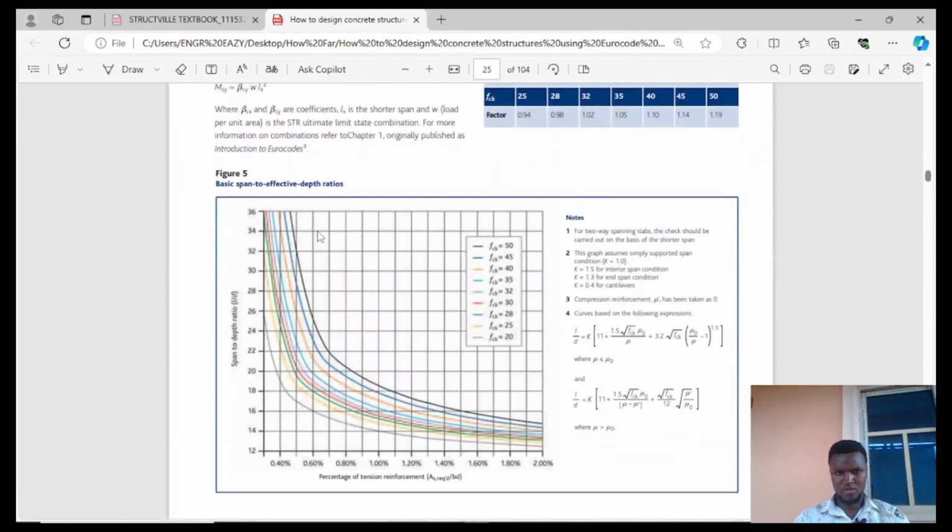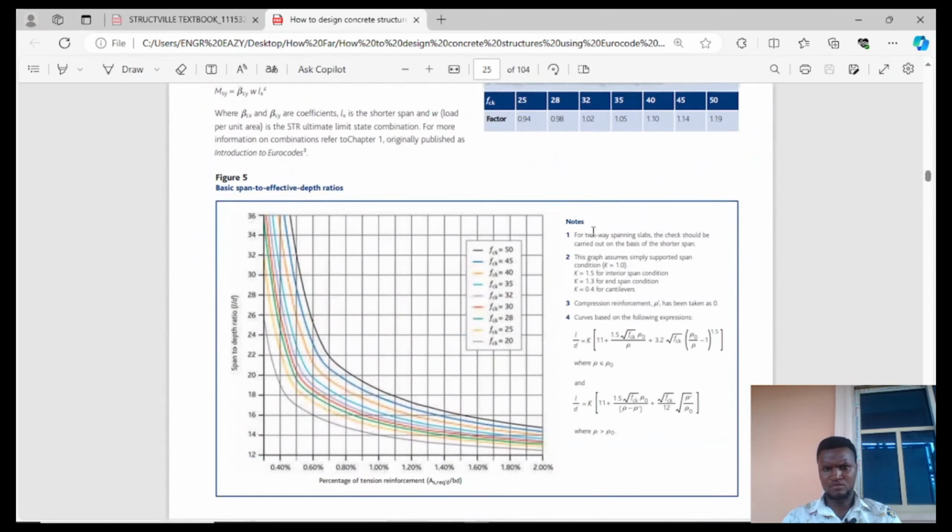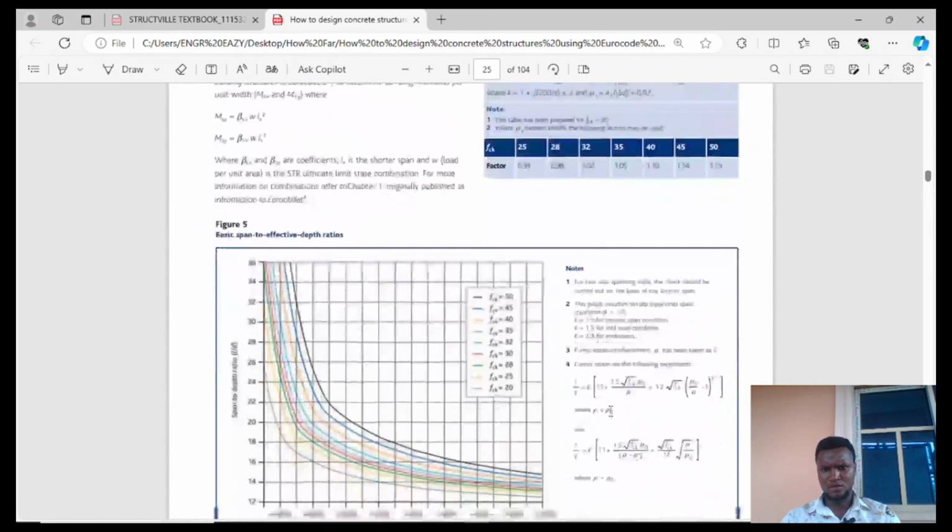All right, let's come to this same book I asked you to download. See basic span to effective depth ratio. Basic span, let me see your basic span now. Let's say for